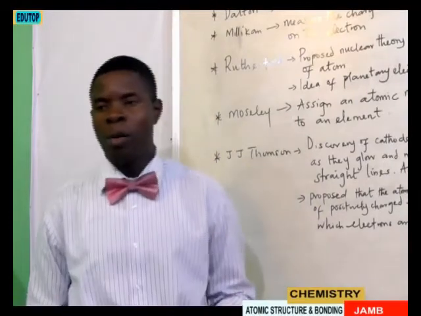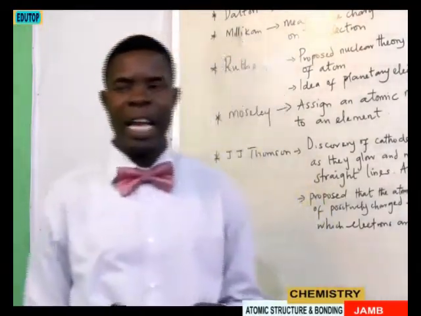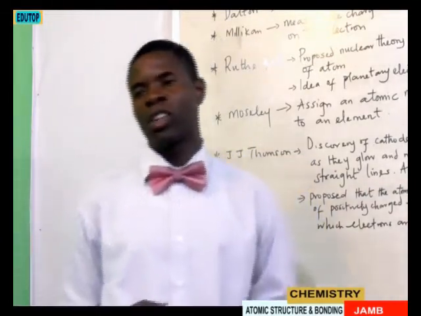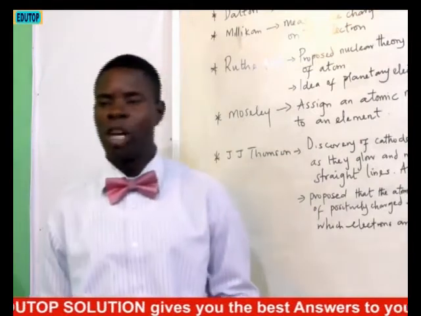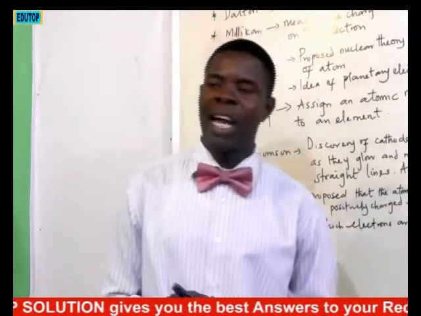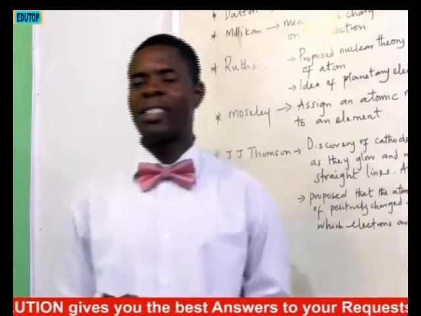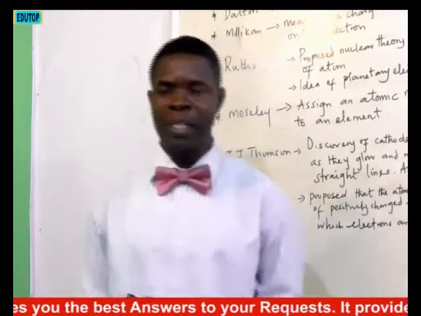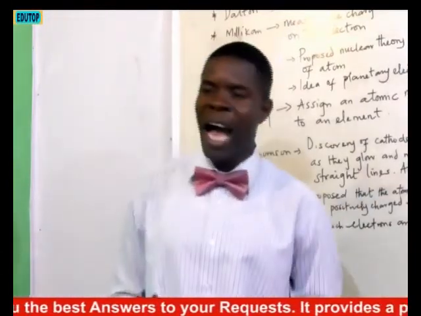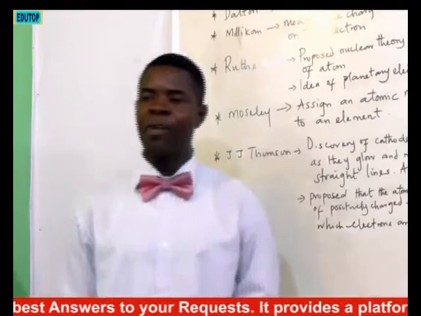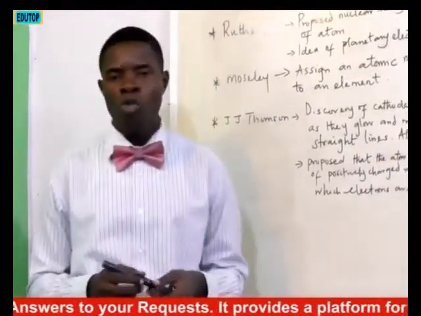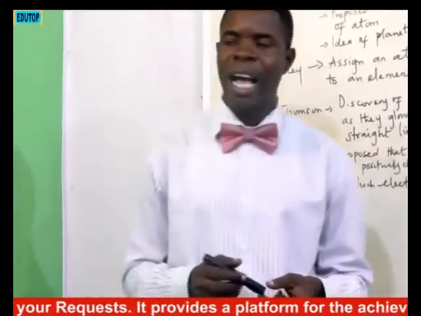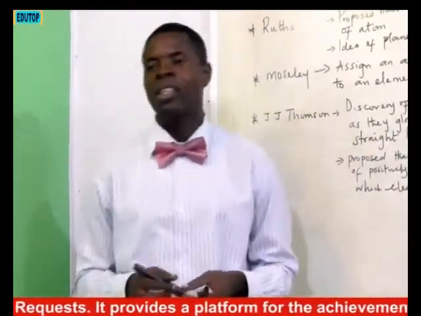Atoms. Atom is the smallest particle of an element which can take part in a chemical reaction, while molecule is the smallest particle of a substance which can exist alone and still retain the chemical properties of the substance. While ions, on the other hand, ions is an atom or group of atoms which possesses an electric charge.